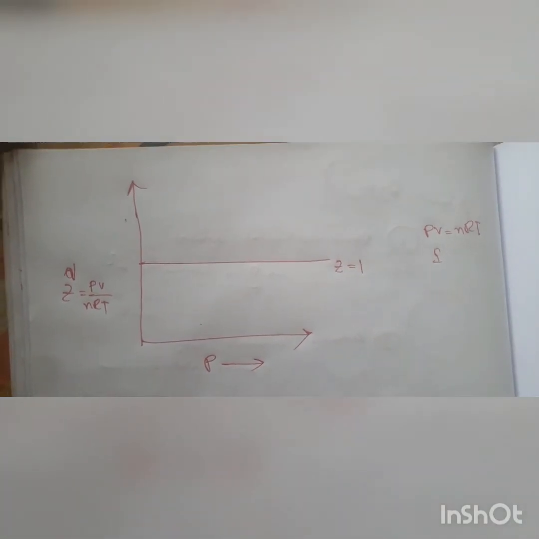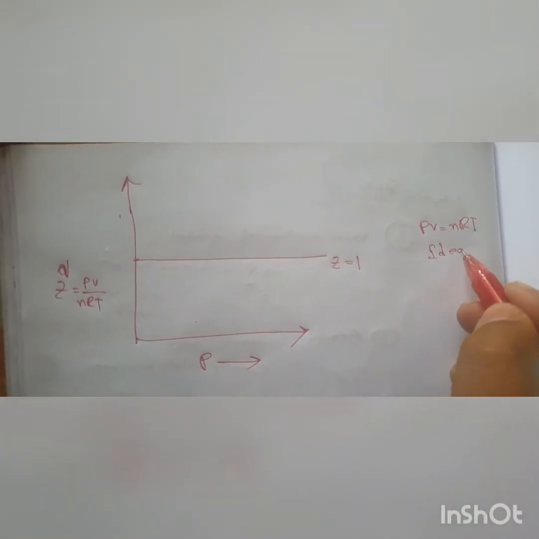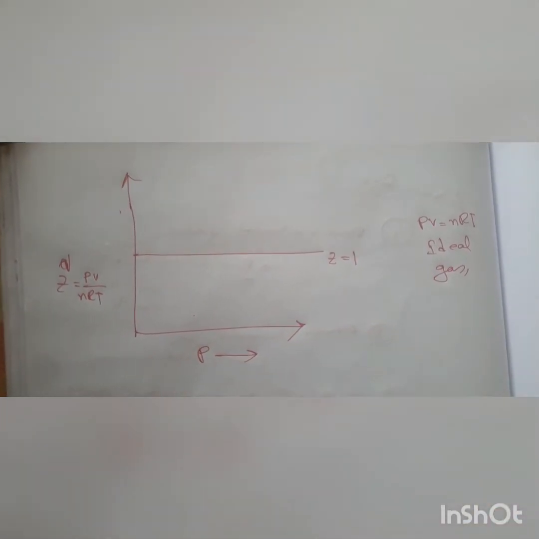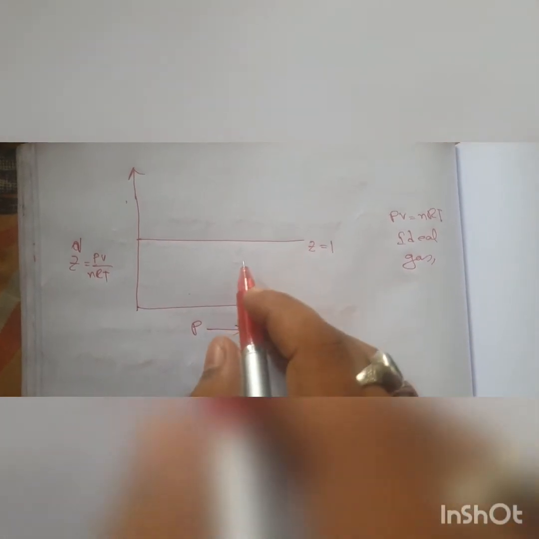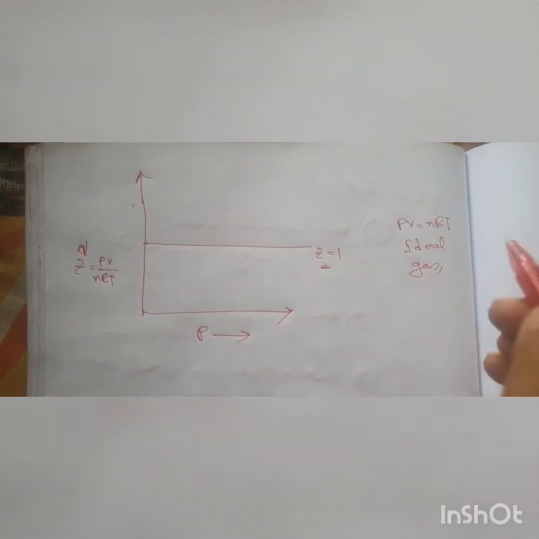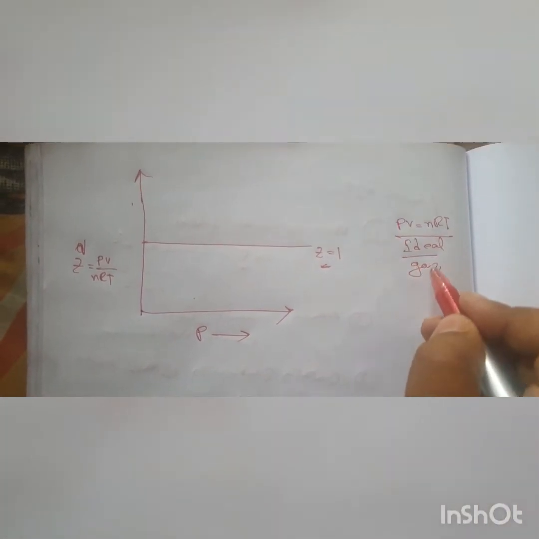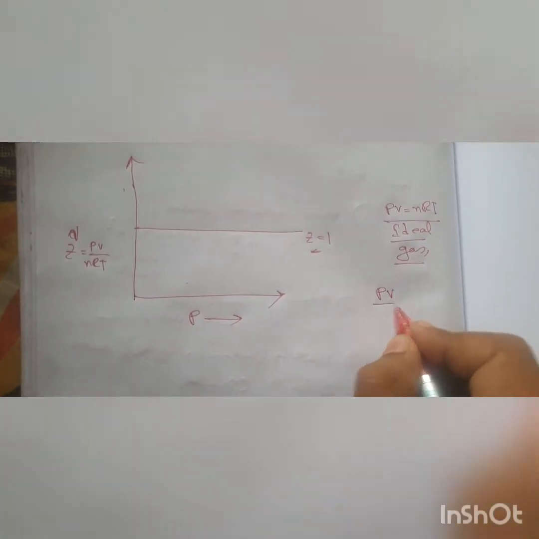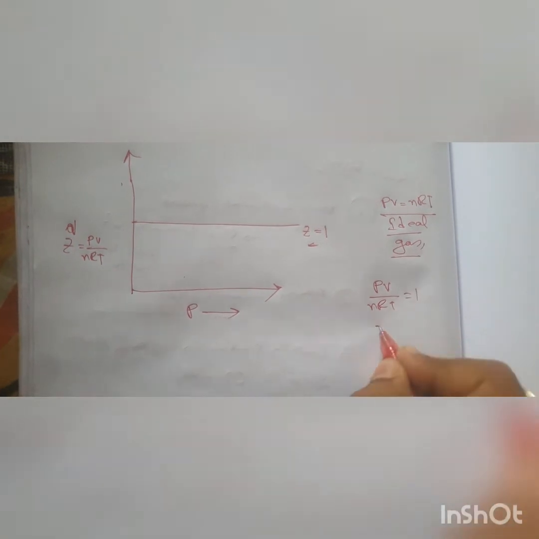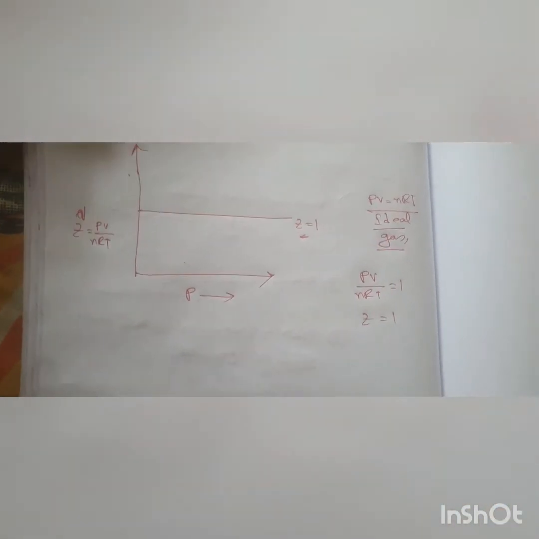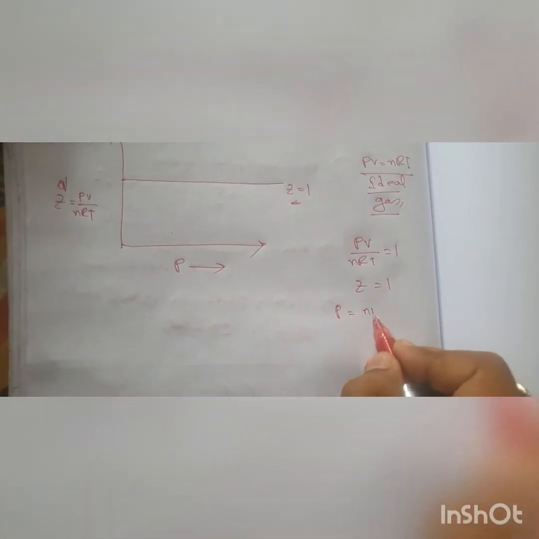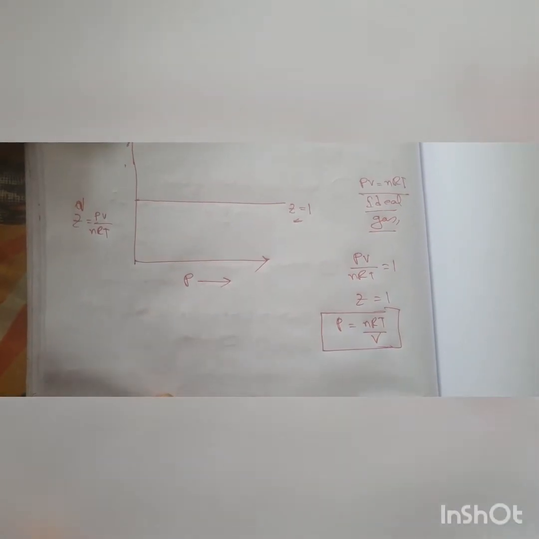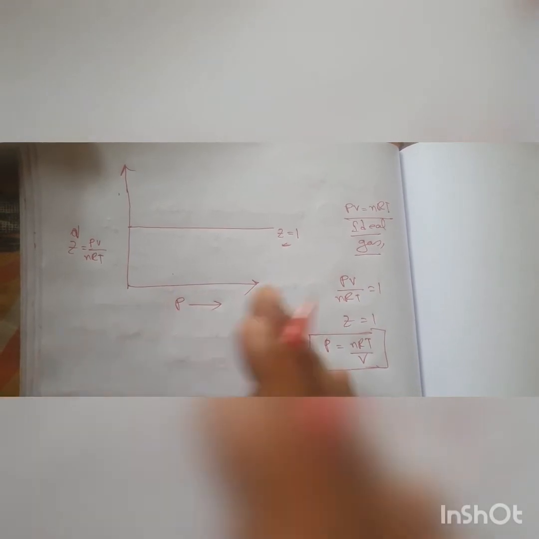If it is an ideal gas, PV becomes equal to nRT, so Z is equal to 1. So we have PV by nRT equal to 1, which gives us Z equal to 1. So in this case we have to understand that P is equal to nRT by V. I had compared like this. You can go through my last video also. I will not stretch too much of revision here.